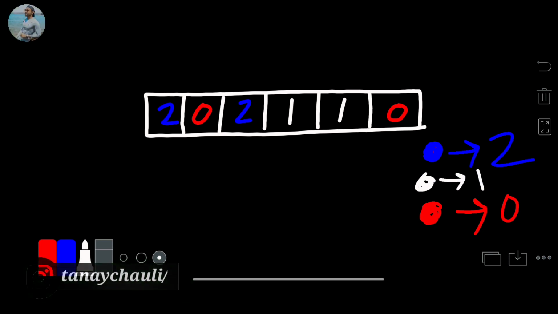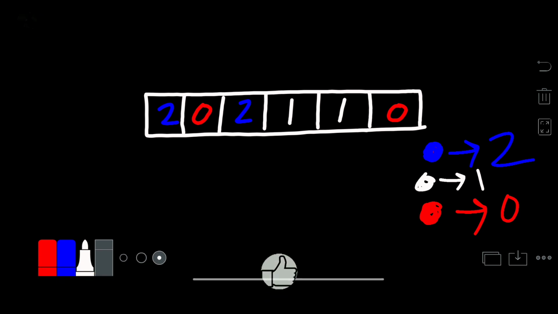Now our next job is to create 3 pointers, and initially all of them point to index 0. So white, blue and red all point to index 0.